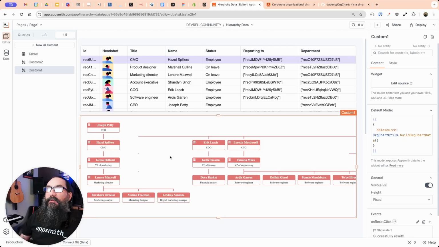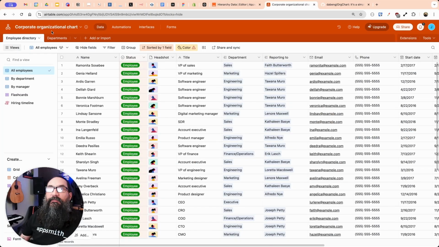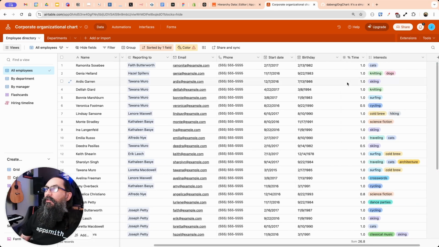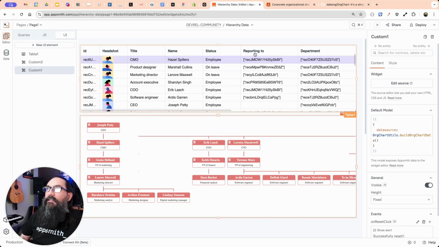All right, so this is what we're going to build today. I've got an org chart here that is generated from the data that's in Airtable. And I'm using this corporate organizational chart template from Airtable. So they had a template that was already set up perfect for this. It has a column for the ID of each individual user, and then there's a column for their supervisor ID, or it calls it reporting to in this one. And if you look at it in Airtable, it's going to show the person's name. But when you pull the data through the API, it is returning their ID, which actually works out well to